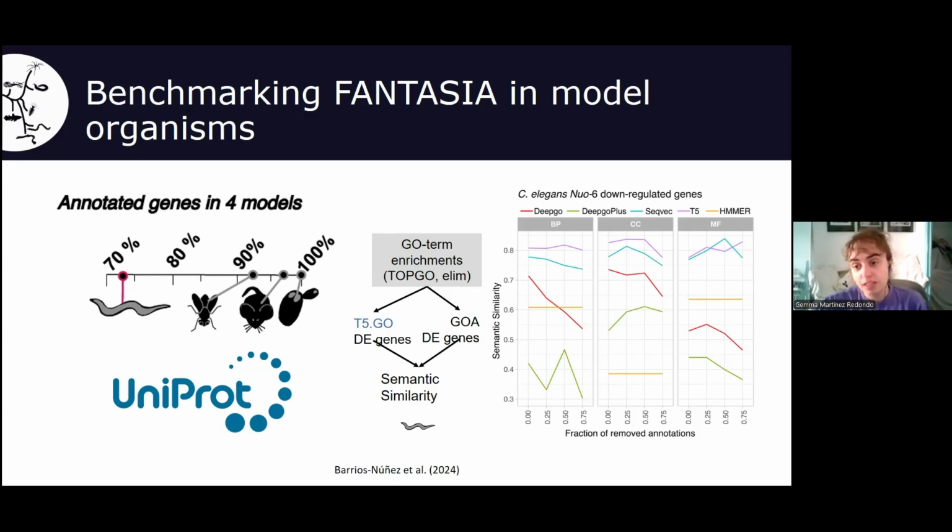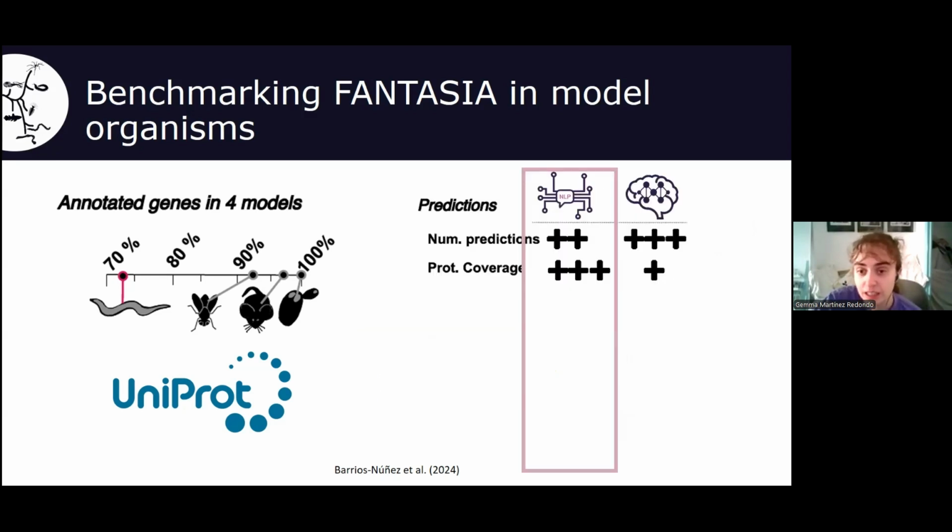In the case of Hammer, it is lower, but because we have lower GO terms assigned. And in the case of DIGO and DIGO Plus, they were behaving quite erratically. As we started removing, we were getting less, and they were not able to really reproduce the results that we were getting. So more or less, the summary of the benchmark was that the protein language models